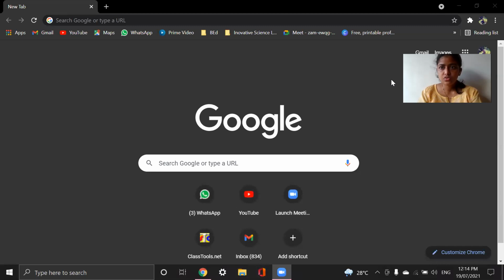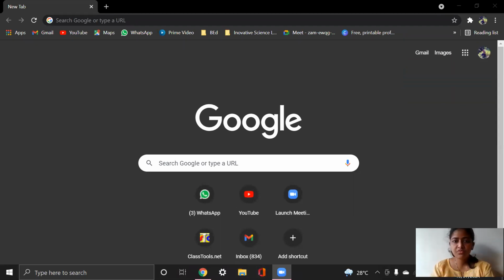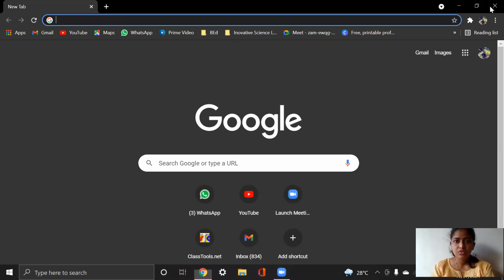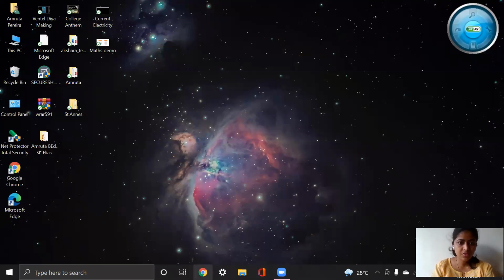I'll share my screen and I'll show you how I open it. Yeah, so you can see here the Google Chrome window is already open. So I'll close this window. This kind of icon will be there. Okay, Google Chrome is there on your screen. So if you open Google Chrome,